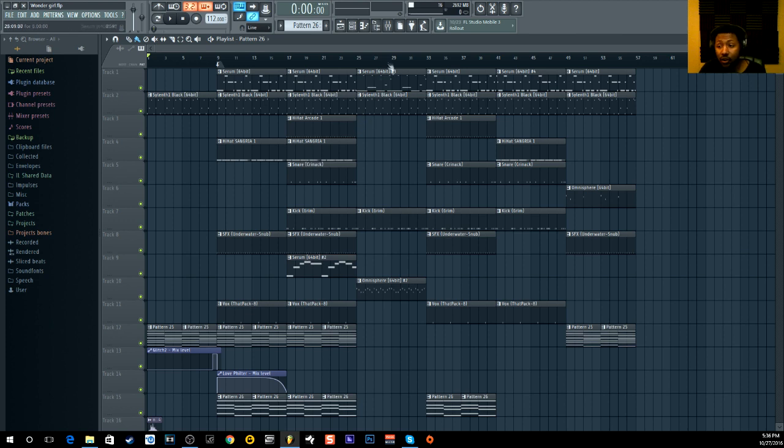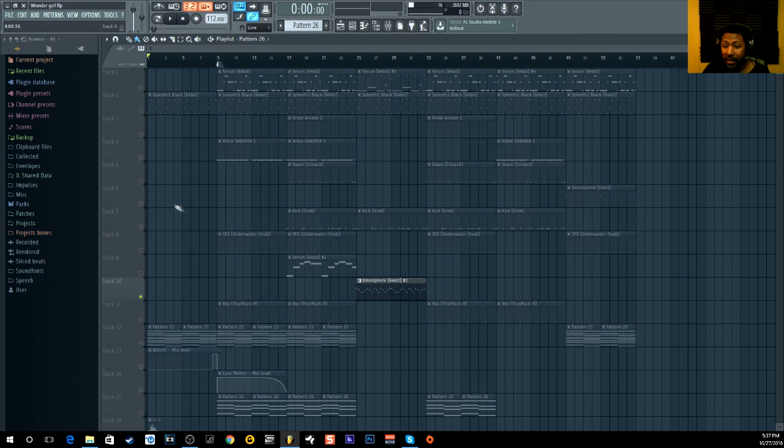Now, when it comes down to the verse, like I said, the rule of 8 still applies here. In my verse, if you notice, every 8 bars is a different pattern structure. And if you haven't noticed, in some parts there's only a certain sound that pops up only one time. I do that because it makes the beat sound like you put in more work. I have 2 sounds in this whole beat, this right here and this one right here, which only happen once in the whole beat.